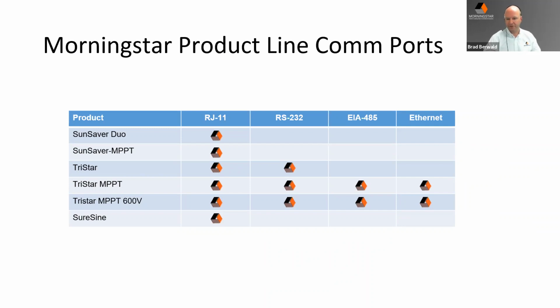So for serial, RS-232, 485, which is an industrial multi-drop protocol often used throughout the industry, and then also Ethernet is finding its way onto more and more of our products as standard, because whether it's wireless or satellite communications, or even some of these point-to-point radios that have grown in the wireless ISP market, packet-based data is really the easiest way to get information around the globe. So you'll find Ethernet on a lot of our products as well, and definitely an option on many of them.